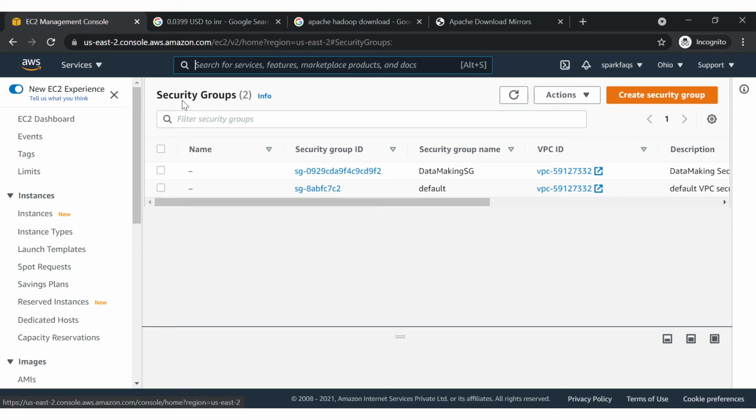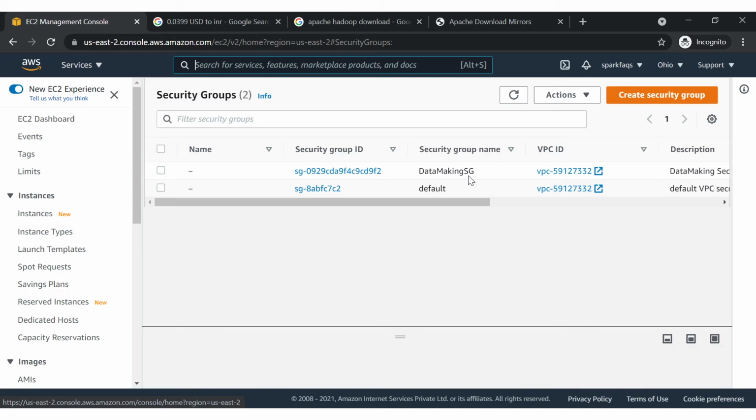We remember we created a security group while creating the EC2 instance, so we need to create inbound rules. By default, when you create an EC2 instance, only SSH port 22 is open, other ports are not open. So we need to open the